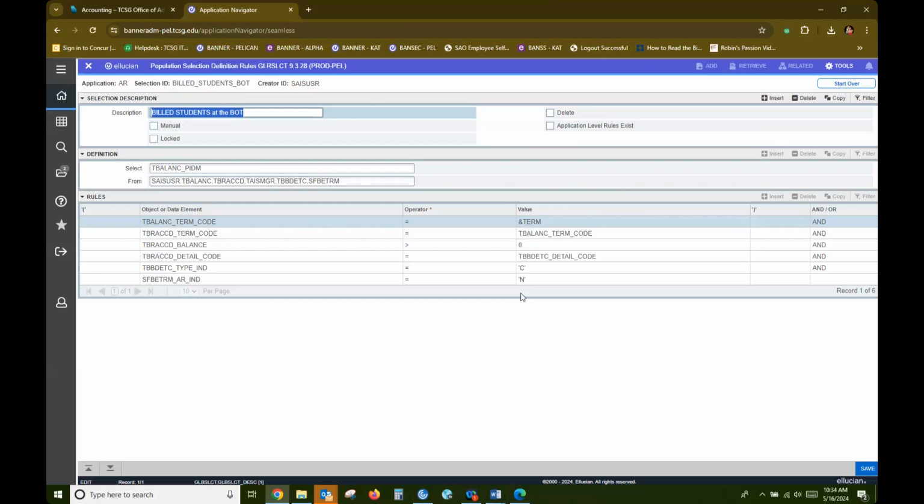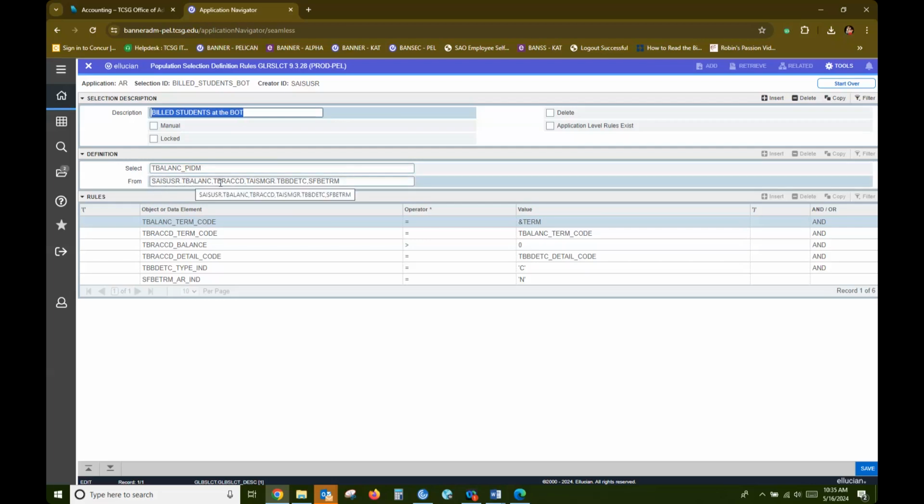count toward due diligence. But on this population selection, this is build underscore students at the beginning of the term. And essentially what we're looking for is we're pulling the student's PITM. The PITM is the connector to the student's ID. So in Banner, a student has an ID, which is their 900 number or their 910 number. But behind the scenes, they also have another number that's just a random string of numbers that ties this student on just about every table that we have in Banner that has student data in it, right? So we're looking for their little PITM, their little ID, and we're looking for it from the table